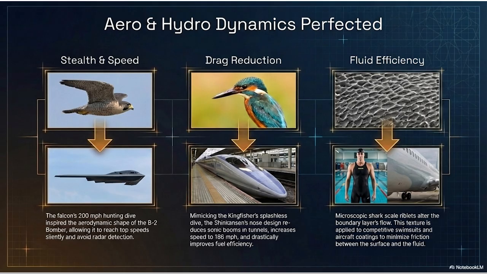But it had incredible side effects, too. Like what? Because it was no longer fighting massive air resistance, the train's top speed actually increased to 186 miles per hour, and its electrical efficiency improved drastically. They saved massive amounts of power just by copying a bird's beak. By humbling themselves, they revolutionized rail transport.